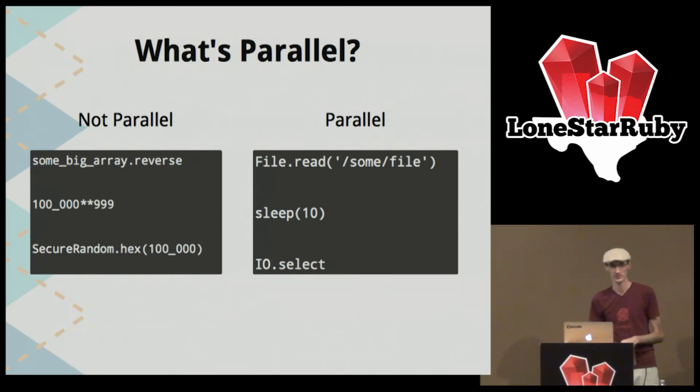But things that are parallel are basically anything that will use a system call. So if you read from a file, system call. If you sleep for 10 seconds, system call. Notably for me, if you do io.select, system call, because it's using the system to talk to the networking hardware. So for our case, because we had identified that as the bottleneck, CRuby's threads were actually a really great way to get some speed. Note, this is CRuby specific; JRuby and other implementations have different